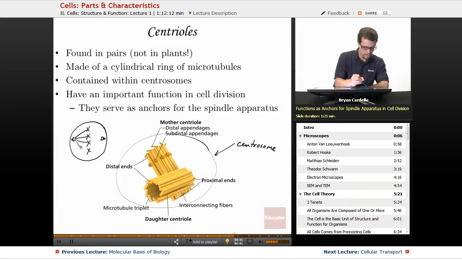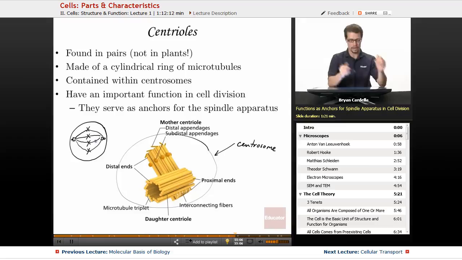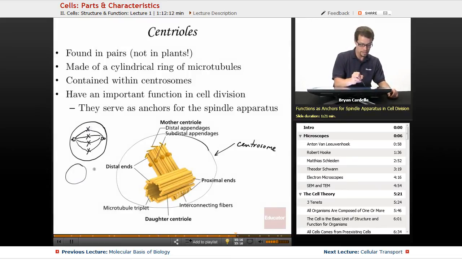And what I'm drawing here is microtubules, besides the microtubules in the centrioles. These are kind of like little protein ropes that are anchored by the centrioles here and the centrioles here. So you can kind of see how they're holding down these threads. And what's going to happen next is these microtubules will get shortened. And as they get shortened, they pull on these little X's and split them in half so that you get the duplicated chromosomes or pieces of DNA moving to what are going to become 2 different cells